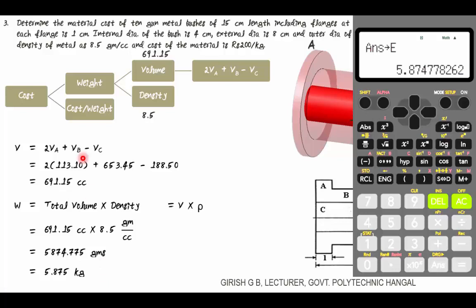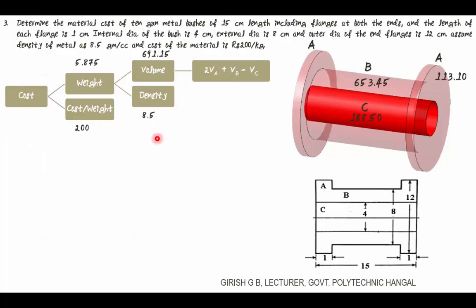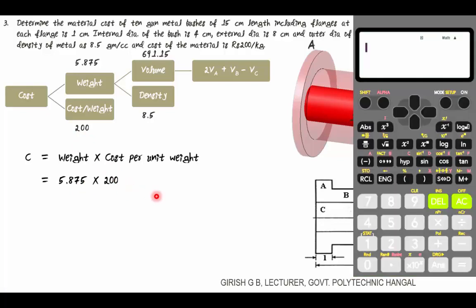The next step is to determine the cost. We obtained the weight as 5.875 kg. Cost per unit weight they have given as rupees 200 per kg. In the next step we are going to determine the cost of this gunmetal bush. The cost is the product of weight and cost per unit weight. The cost is 5.875 into 200. This is stored as alpha E, into 200. We obtained it as rupees 1174.95,